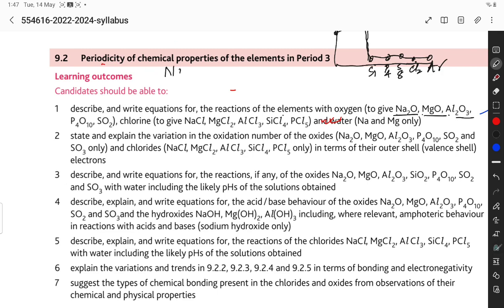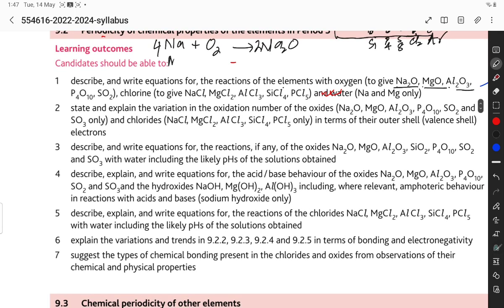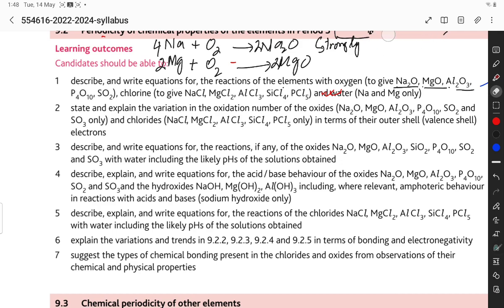So these are the elements: sodium plus oxygen to form Na2O, magnesium plus oxygen to form MgO. This is strongly basic, and burns with a yellow flame, golden yellow flame. It is very important to learn the color of the flame. Magnesium burns with a dazzling white flame,